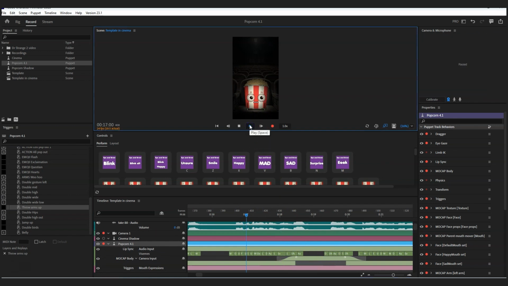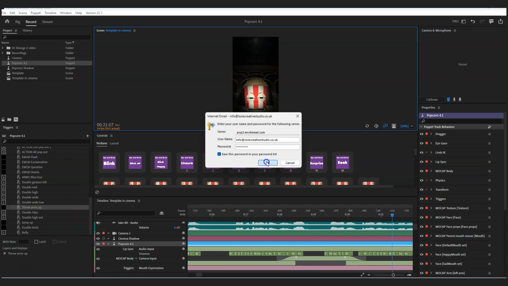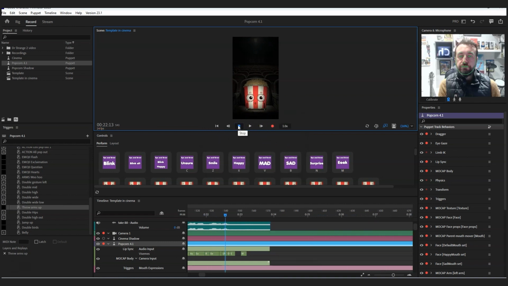So I've just seen a movie that is really sad, but I also didn't like the ending, which made me really mad. So yeah, it's as simple as that. You can just keep on going back. If you want to add in new actions, just record the new action. If you want to add in new triggers, record the new triggers. However,